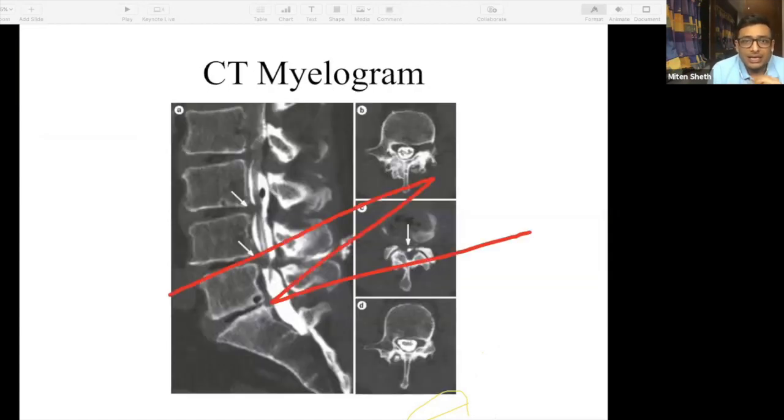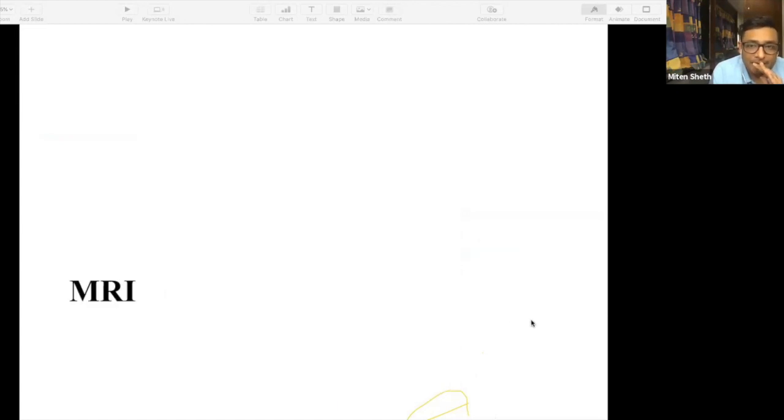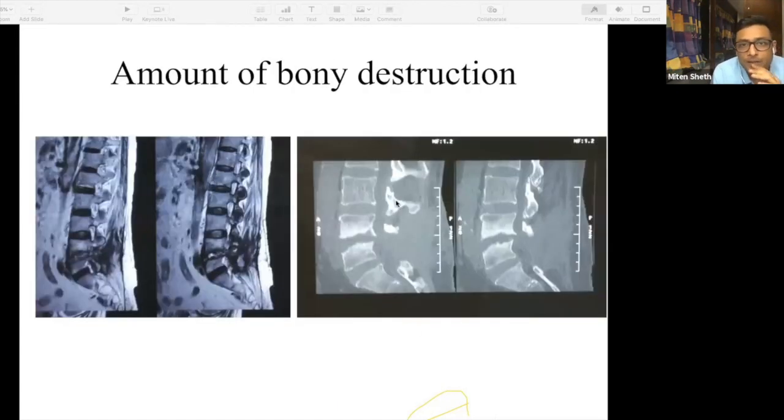Some questions now. One question is about CT myelogram. Okay. So now what happens is, let's say we have a patient with this kind of CT. You see this CT? This CT is very well telling us there is some bone loss over here, and obviously the patient has been operated prior over here, because I can't see the lamina and I can't see the spinous processes. Okay. But I don't know if the nerves are getting compressed over here or not.